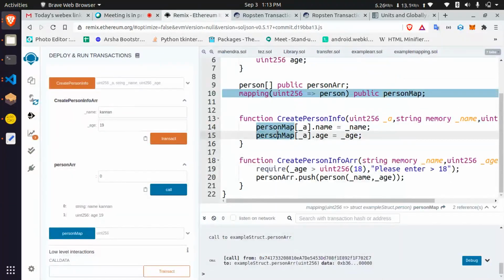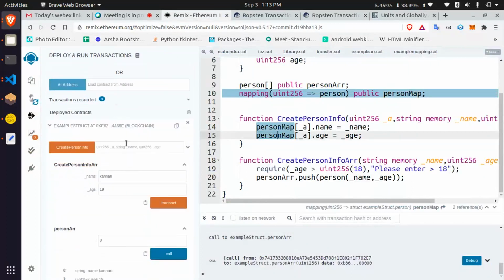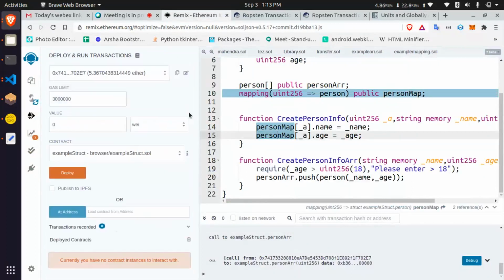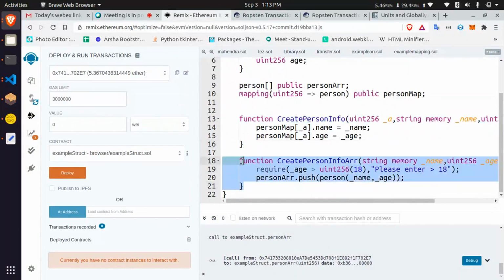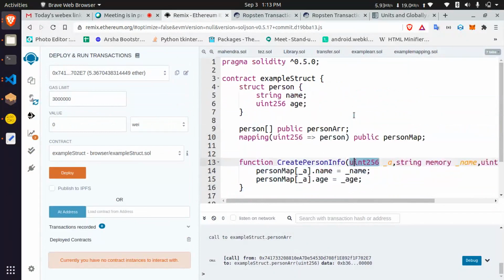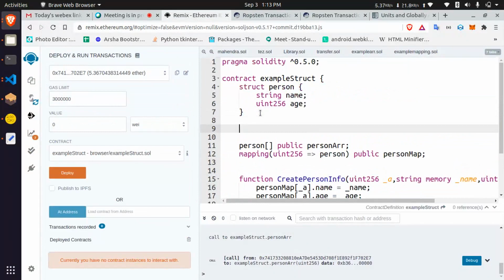Let's see some small concepts in this: how to transfer Ethereum to contract addresses. We are going to edit this, create audit info. There is one function modifier.